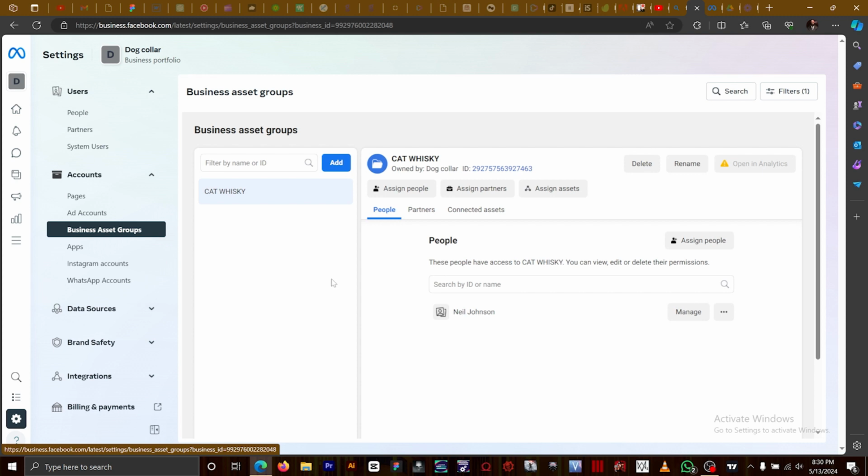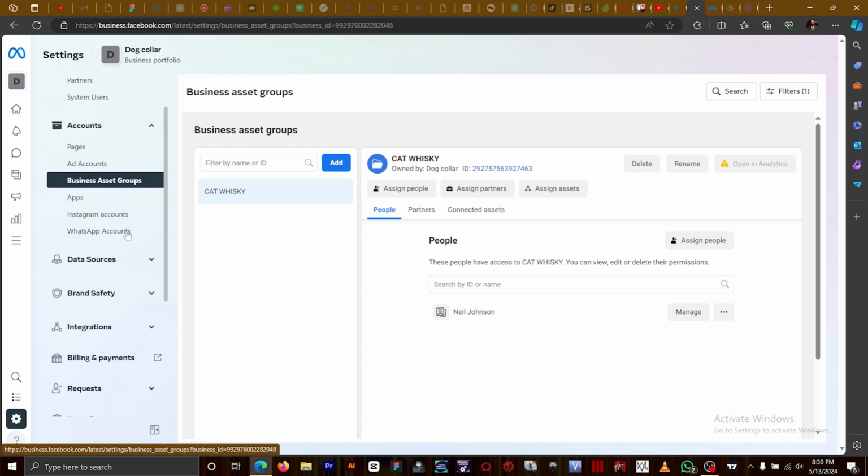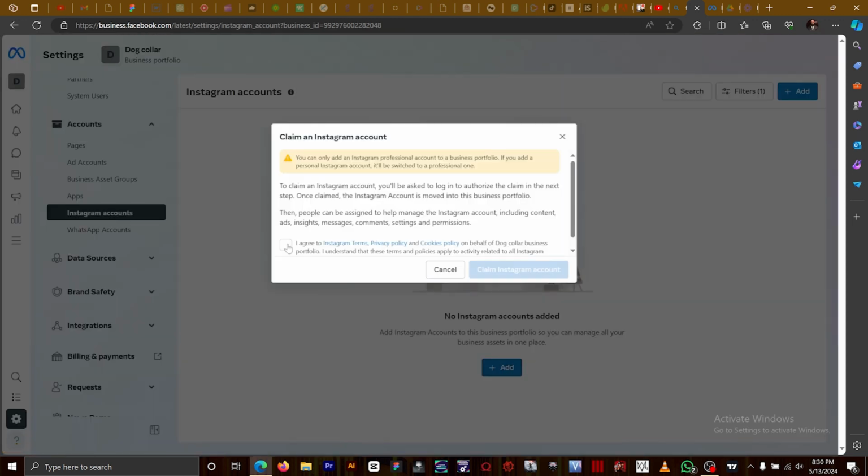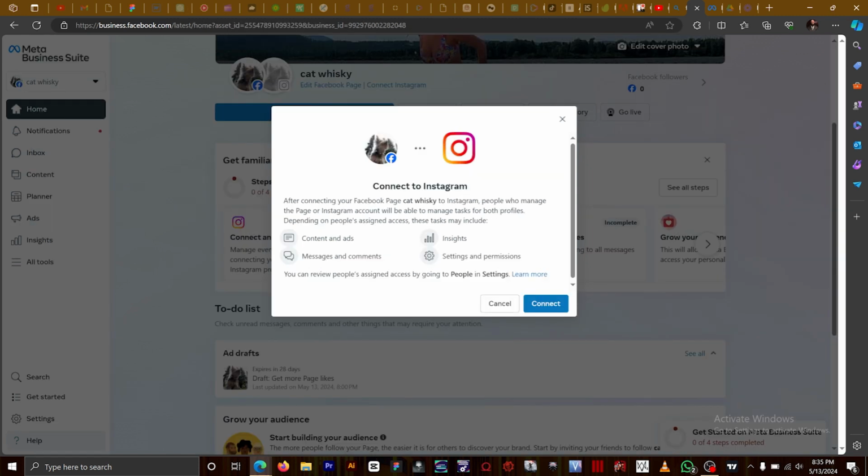So in your case, if you've not created a business assets group, once you click on this business assets groups, it's going to show you a menu of how to create a business assets group. So once you're done creating, you come back here to Instagram account, and now you can add an account. So click on add, agree, connect to Instagram. So you click on connect,